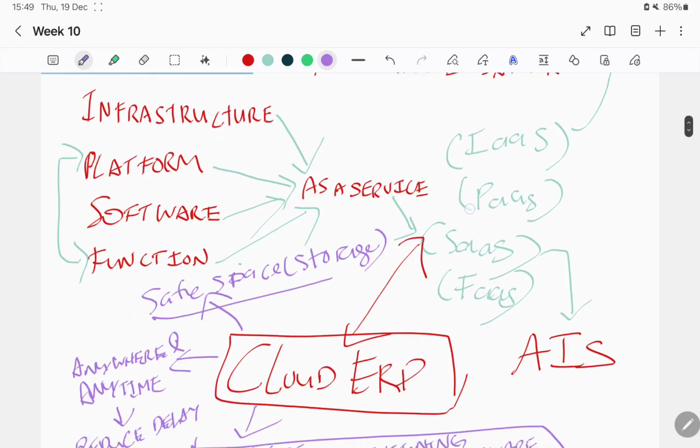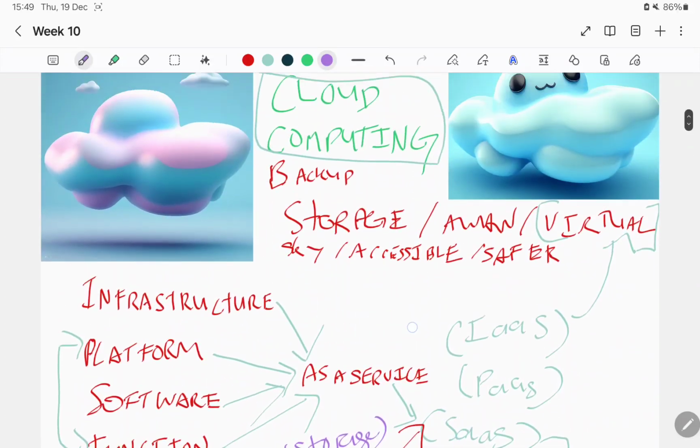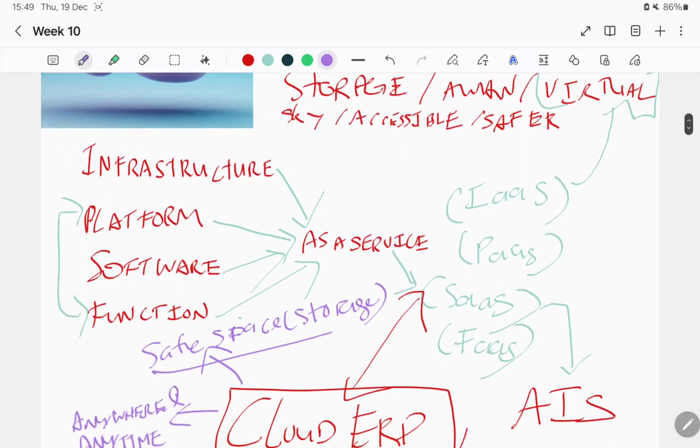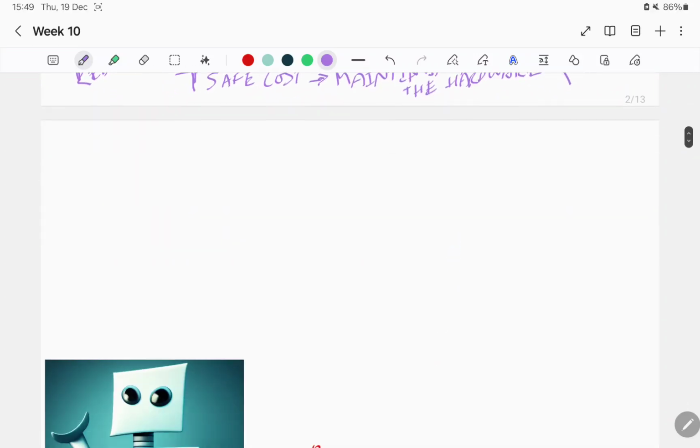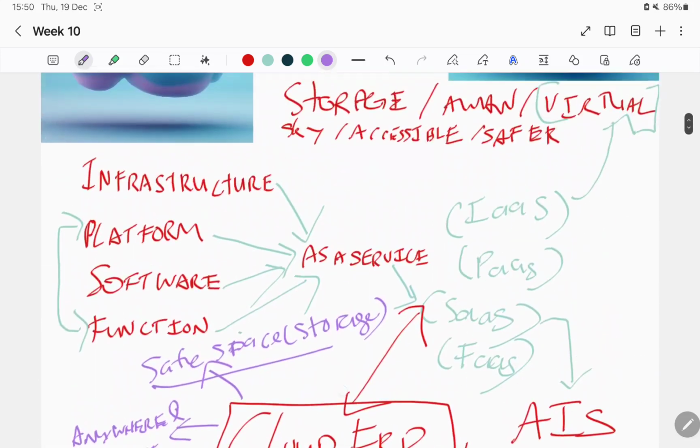Okay, I think that's all for this emerging technology, the cloud. Okay, over here we'll go down to the next one. Okay, we have the second one. All right, this is the first one.